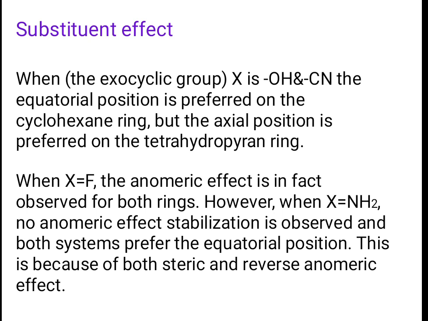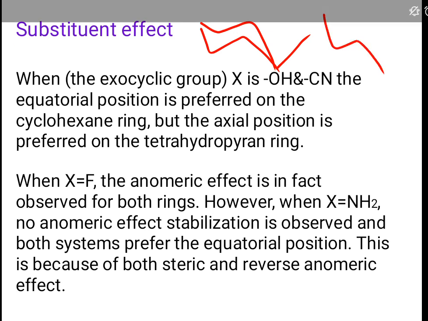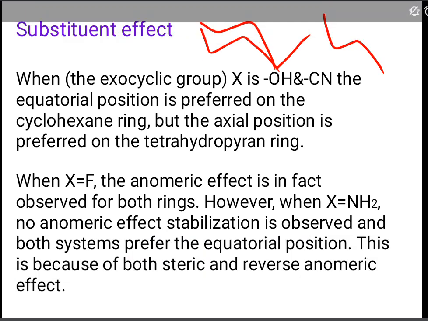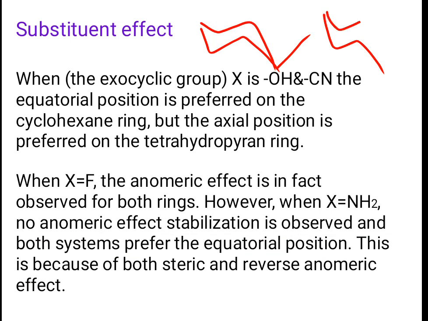That means if this is just a cyclohexane ring, then the equatorial position is preferred, this one. But if that is a tetrahydropyran ring, then what is happening here? This one will be oxygen. In a tetrahydropyran ring, the axial position will be preferred,